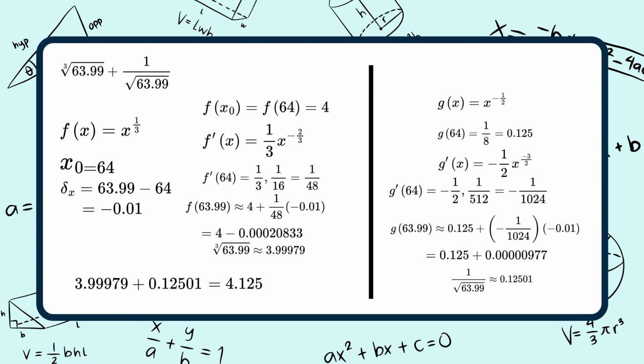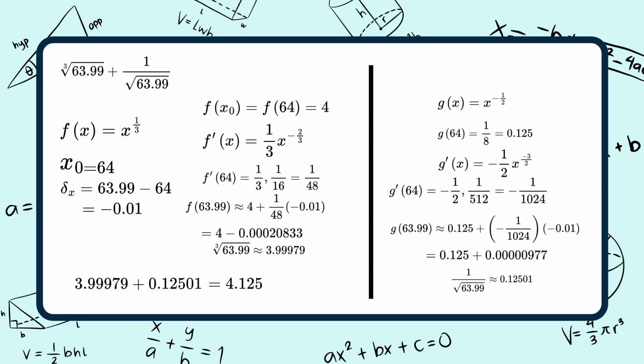Then f of 64 equals 4, where f prime x equals 1 over 3 x to the power of negative 2 over 3. Evaluating at 64 gives f prime 64 equals 1 over 48. Applying the linear approximation, f of 63.99 equals 4 plus 1 over 48 times negative 0.01, and you will get 3.99979. Next, we estimate 1 over the square root of 63.99, where g(x) equals x to the power of negative 1/2,